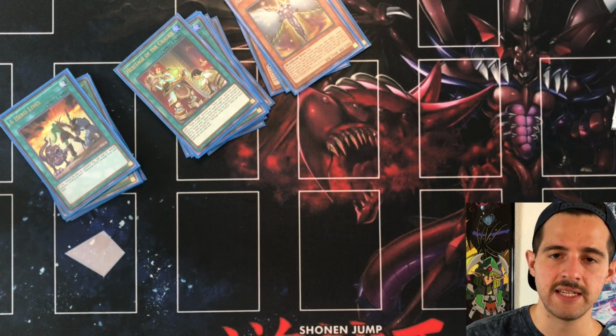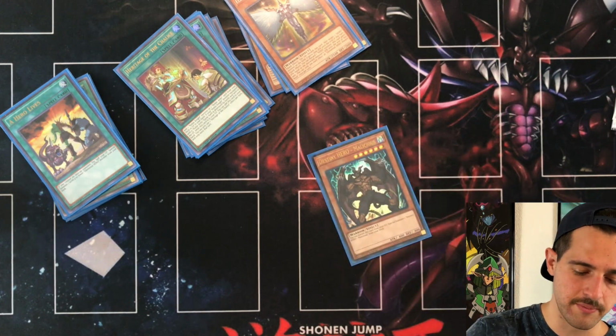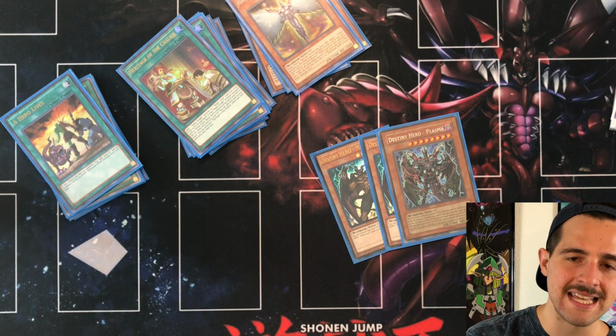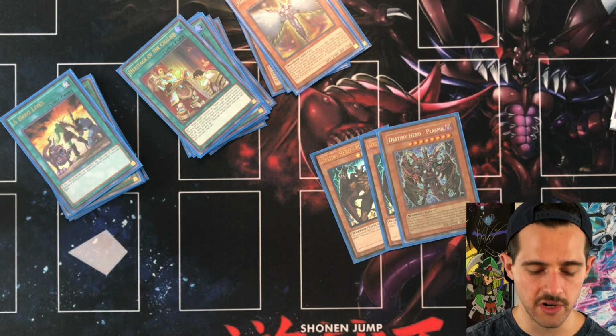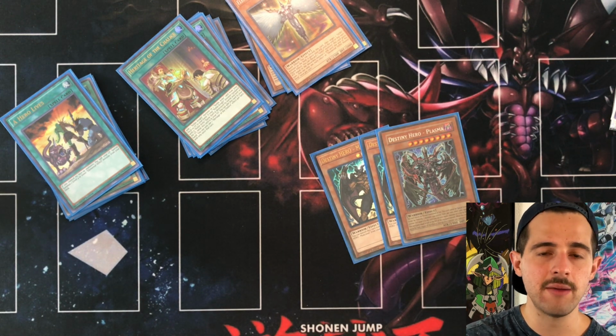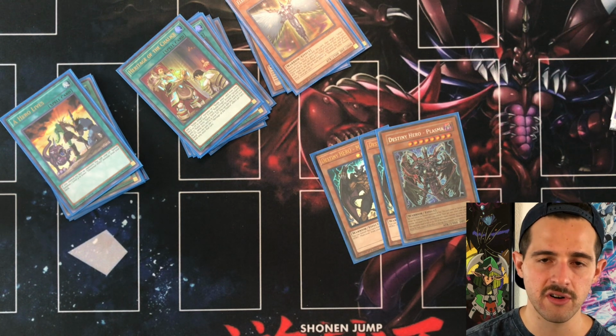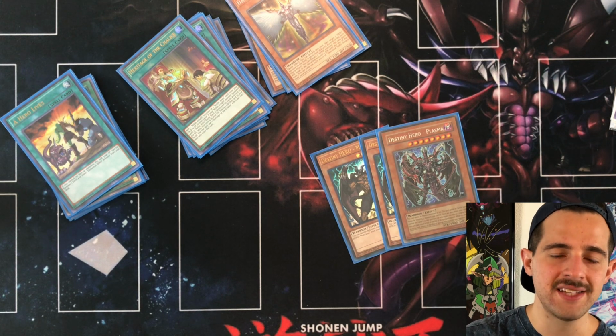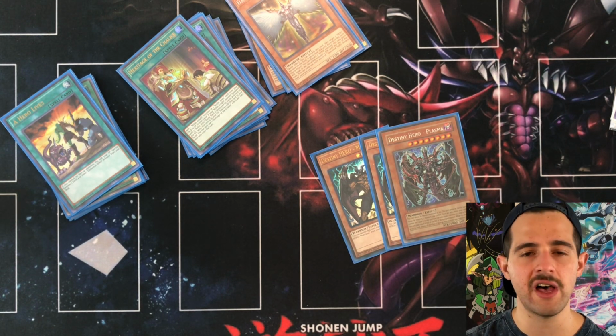Next is our slimmed down Destiny hero engine. It's very simple. We play 2 Mally and we play the Plasma. In my mind, Plasma is the ace card in a hero deck. From my perspective, being able to cancel out all of your opponent's monster effects on their side of the field is very strong. And this card is what makes heroes worthwhile, because plenty of other decks can play a bunch of